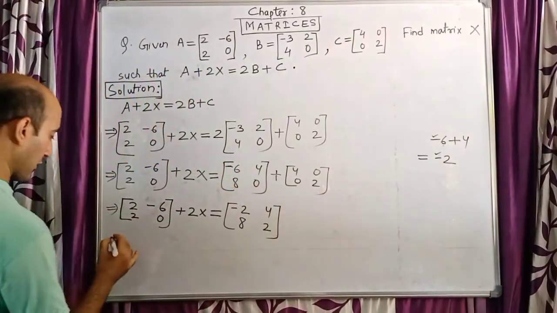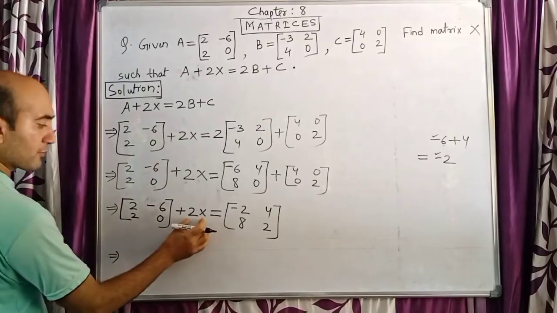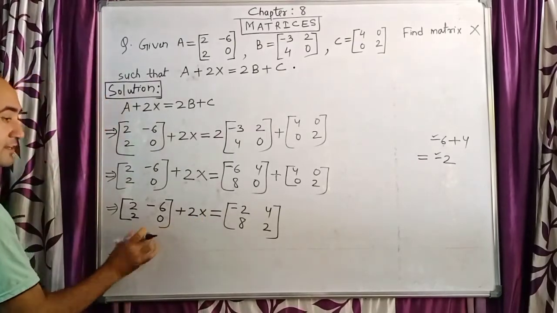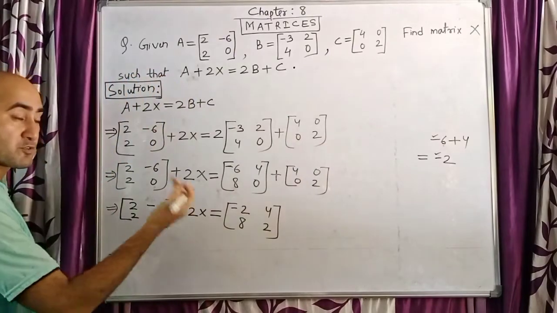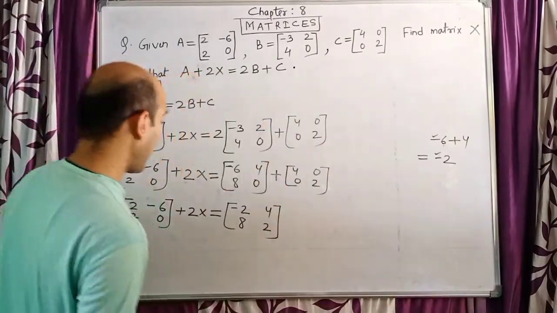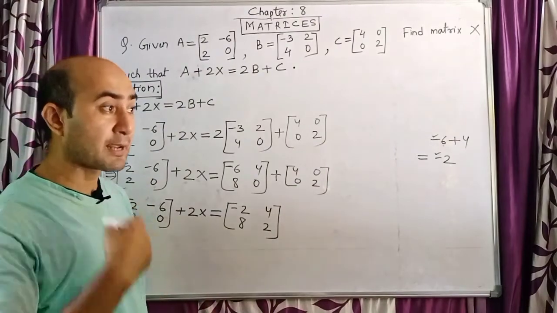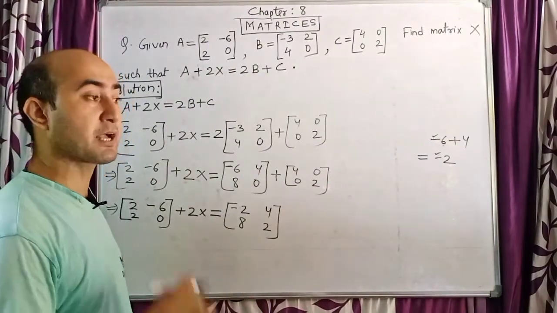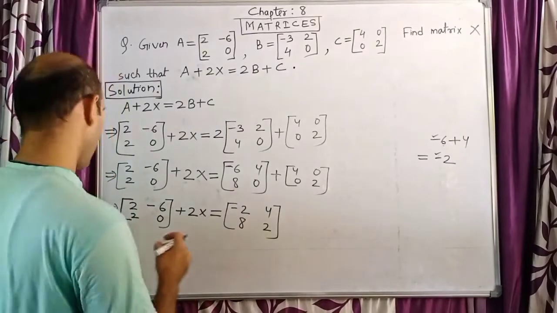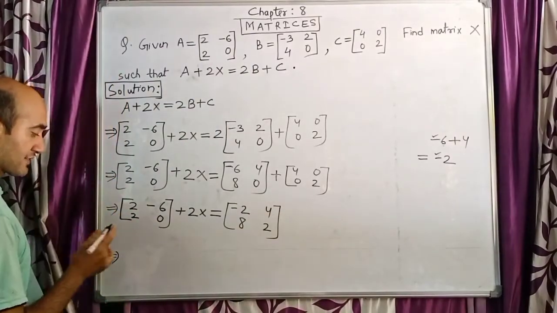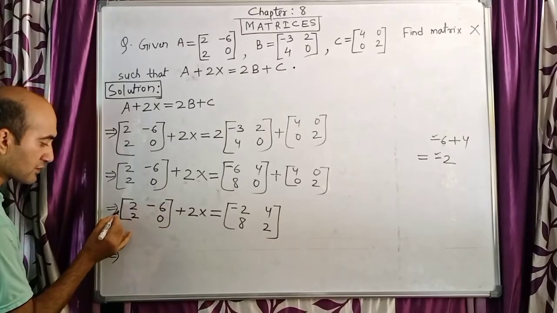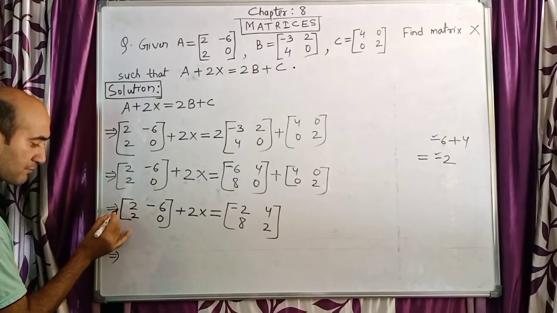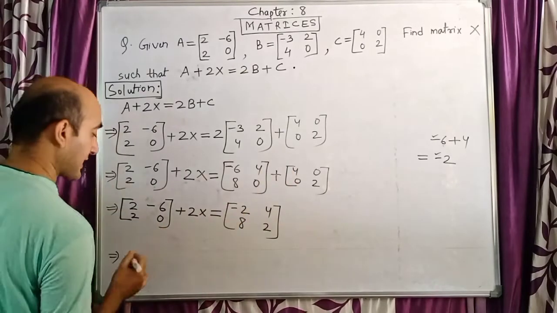And this is our result. Now next what we will do, as we have to find the value of x, this matrix will go that side. That means it will go from the left hand side to the right hand side, and when any element shifts from left to right, the symbol changes. That is, plus becomes minus and minus becomes plus. So here how to change the symbol I will tell you. This is a matrix, and outside the matrix there is no symbol here, no plus, no minus. But when there is no symbol, we say there is a plus symbol here. So this plus will go that side and become minus.